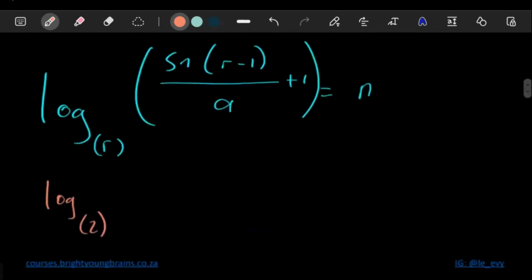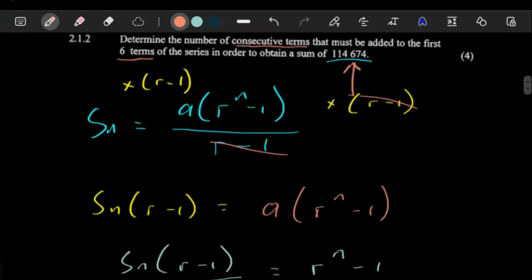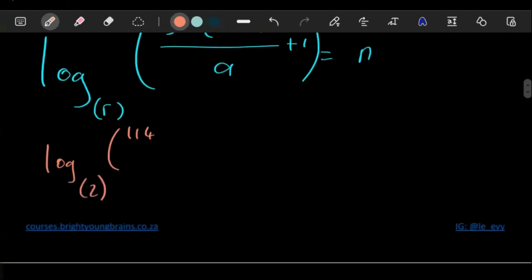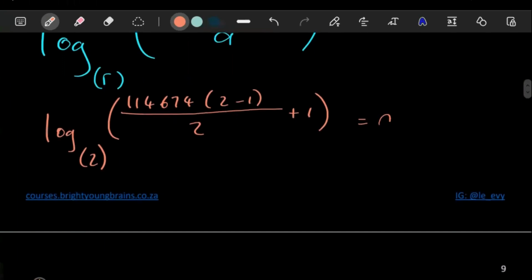Anyways, let's put in our values and carry on. R is 2. Sn, we said it's 114,674. R is 2, with 2 minus 1 here. A is 2, and then we have plus 1 here, then you have n. So let's put it in the calculator. Log base 2, fraction button, 114,674. Inside the brackets, 2 minus 1, and then under the fraction, you have a 2 there. This is giving us